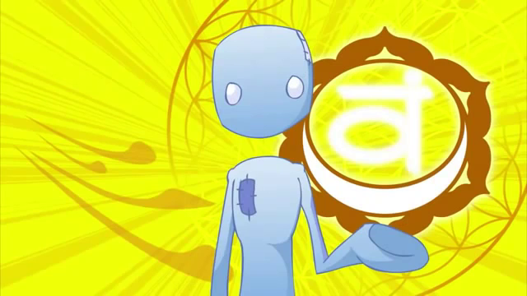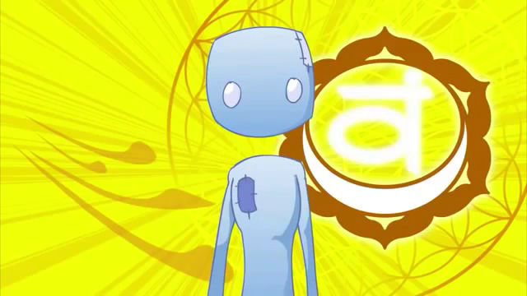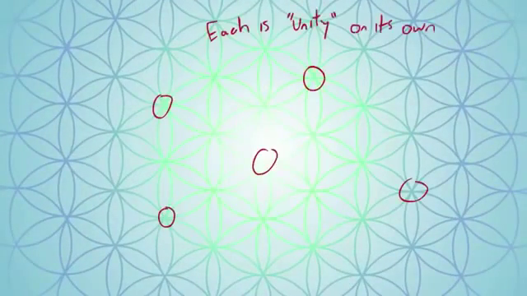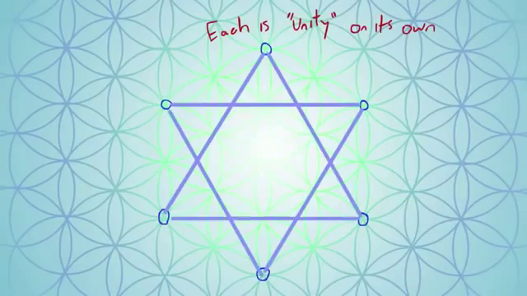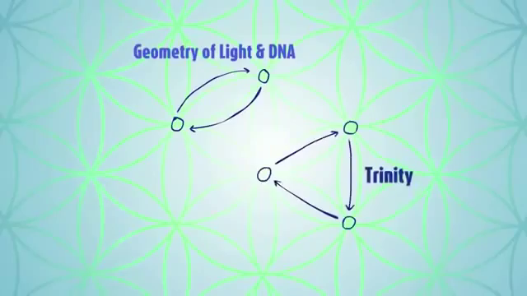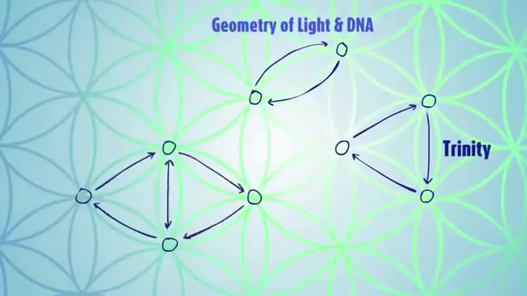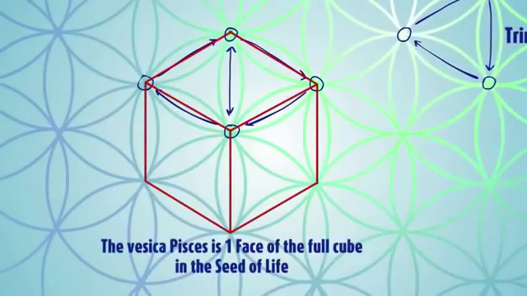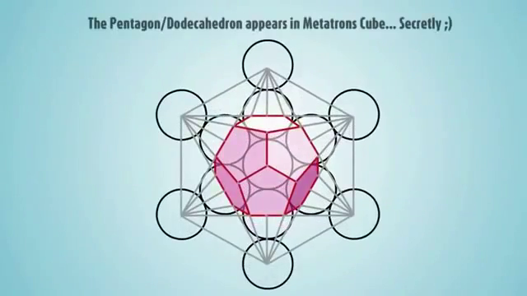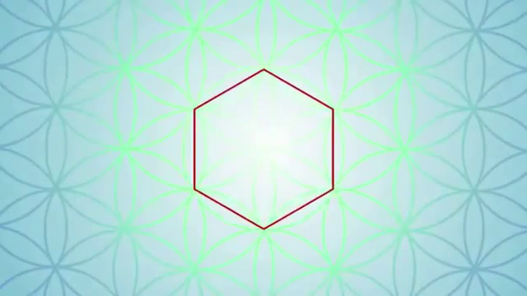Do you see how each geometry is connected to a different energy? There's a lot of connections here that we can make to start seeing things bigger. Each point on the flower of life is one, and when you connect them, the geometries expand. 2 is the trion ray. 3 is a trinity, a triangle. 4 in the flower of life is a vesica Pisces, but it can also be a square. As these expand, they grow in dimension as well. 5 is a pentagon, and 6 is a hexagon.